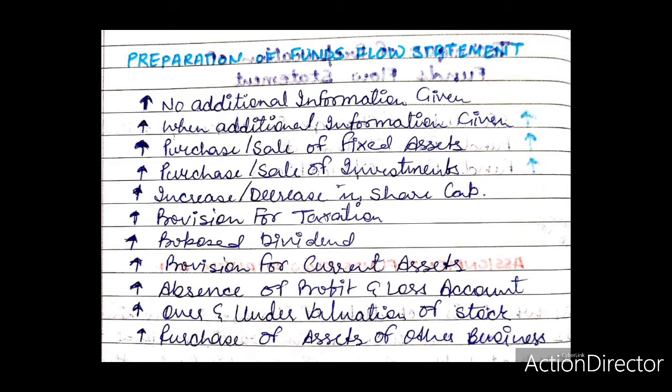In today's lecture, we will understand the preparation of funds flow statement. When there is no information other than the balance sheet at the beginning and end of the year, first of all, figures of share capital, debentures, reserves and surplus, and long-term liabilities, etc., given on the liability side of the two balance sheets should be compared. If there is an increase in these items, it would be shown as a source of funds, and in case of decrease or reduction in it, it would be shown as uses of funds.